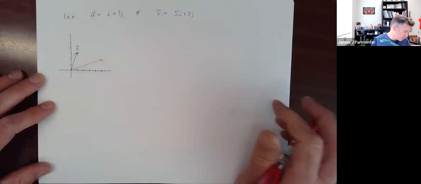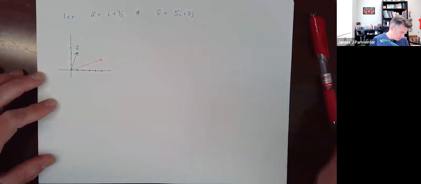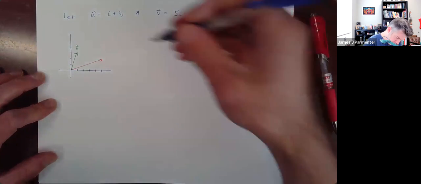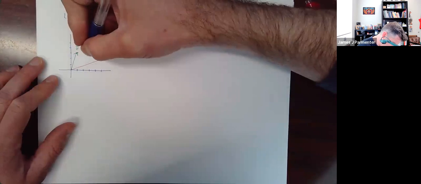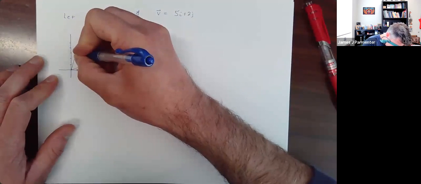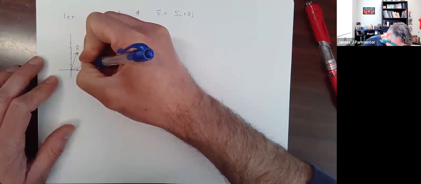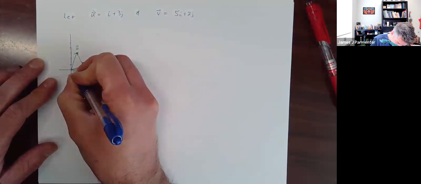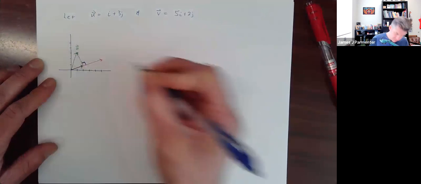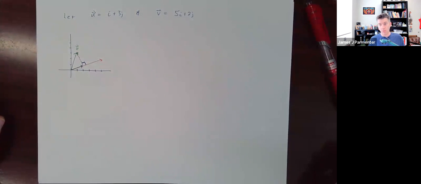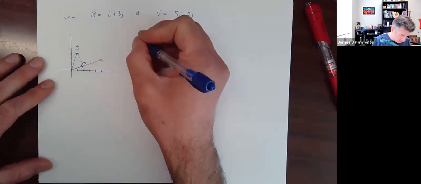And the projection of U onto V is going to look like, well, we're dropping U onto V perpendicularly. So it's going to look something like this. So right here, there's your projection of U onto V. Cool. So the component